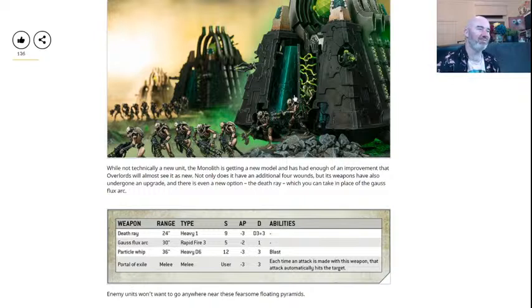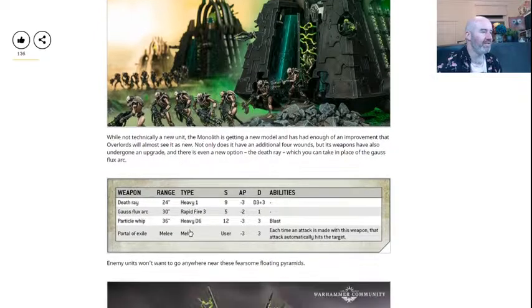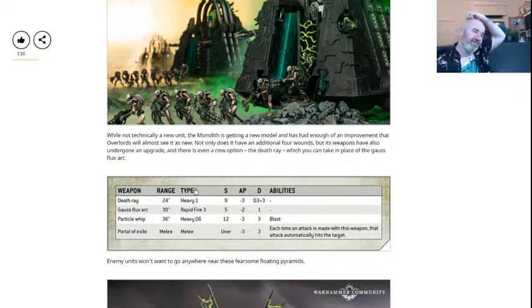Anyway, Death Ray, 24 inches, heavy 1, strength 9, AP minus 3, damage D3 plus 3, wowzers, but it's only a heavy 1. Gauss Flux Arc, 30 inches, rapid fire 3, so a maximum of 6 shots at half range at 15 inches. Strength 5, minus 2 AP, 1 damage. Particle Whip, 36 inch, heavy D6, strength 12, wowzers. AP minus 3, damage 3, abilities blast, which means